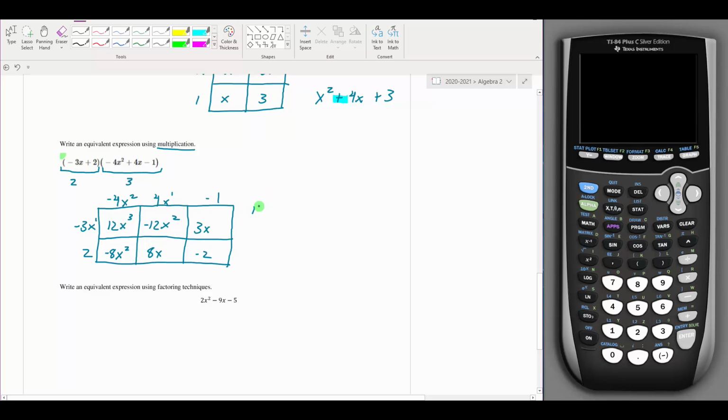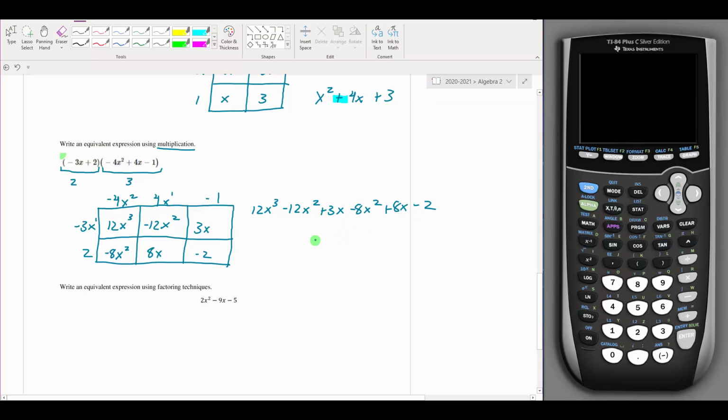So just write out the big addition, right? Each of the 6 boxes, just write them out. 12x to the third minus 12x squared plus 3x minus 8x squared plus 8x minus 2. All right, so I got all 6 of my boxes written out over here in a big long addition and subtraction string,